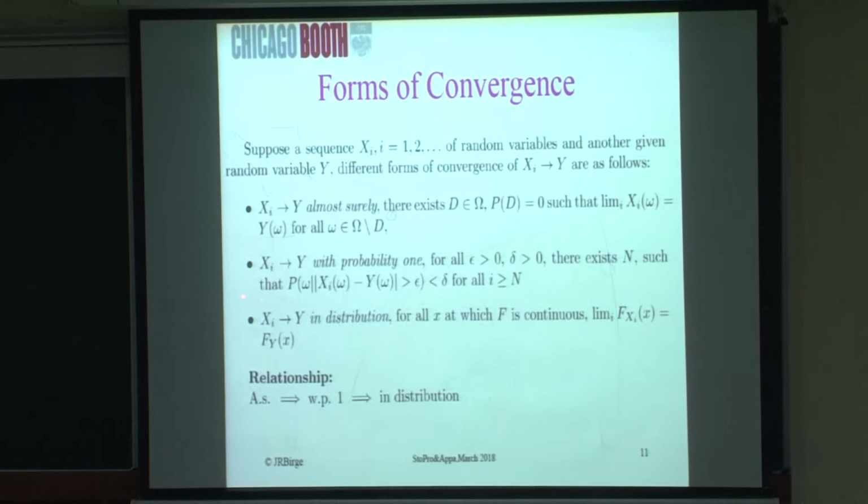In between, there's this convergence that occurs where the chance that they're not the same is getting smaller and smaller. So the chance that they're not the same is converging to 0. And that's the one that happens with probability 1. And then this one down here is saying, well, if I just look at points where it's continuous, I have convergence of the function values at those points. Okay. All right. So that gives us ways in which we can talk about convergence.